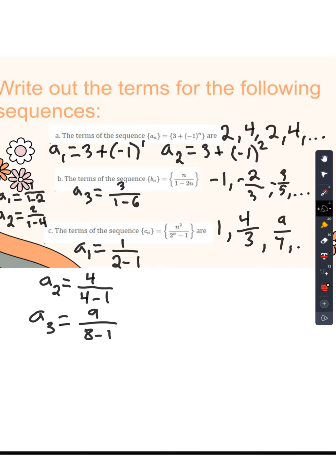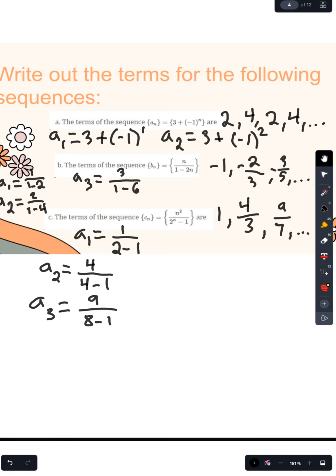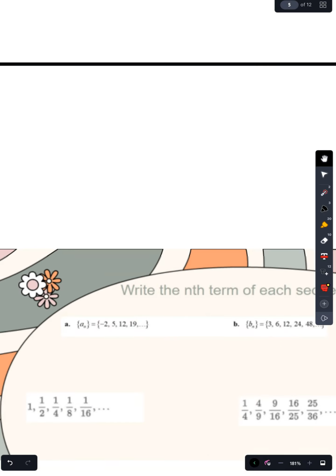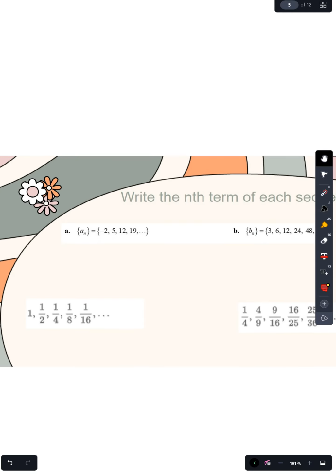So again, nothing super complicated. This is more just helping us to get used to that notation. Also just helping us get used to looking at what some of the different numbers can be. Because we are then going to have to be able to take this and work our way backwards. So now we're going to start with a sequence and have to figure out what the rule is based upon